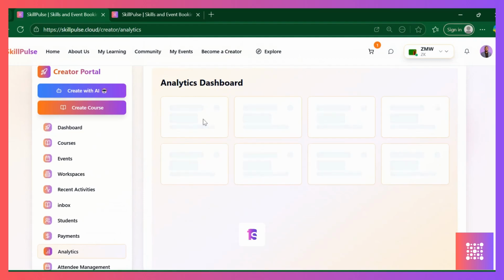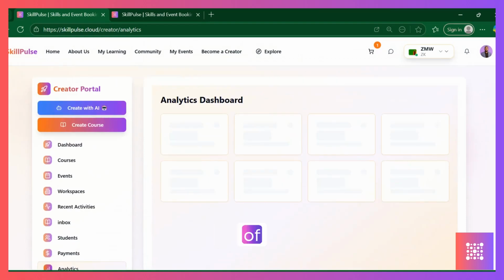So this is what we thought we could show you, how amazing SkillPulse is. And I hope a number of creators can come on the platform and showcase their wonderful courses and their wonderful skills. And a number of skill learners can also come on the platform and learn these skills. And I hope to see you there and see the amazing creations and courses that you are able to create with